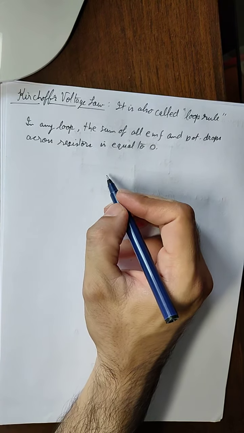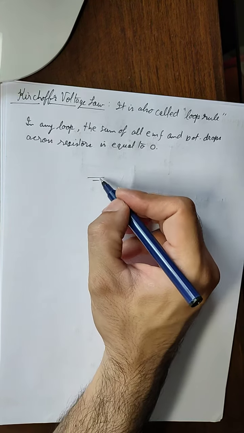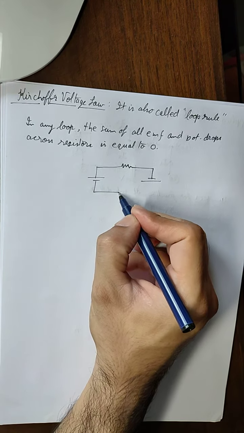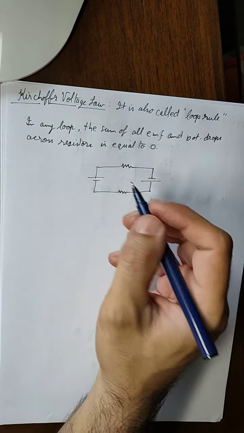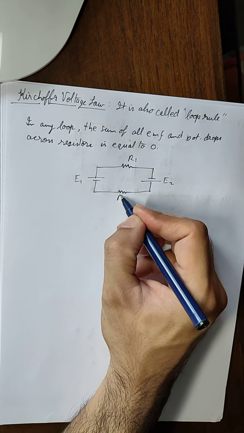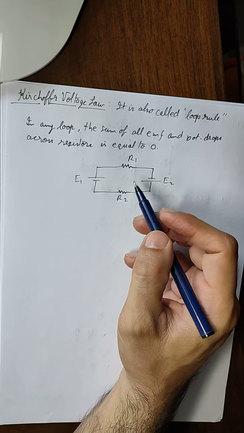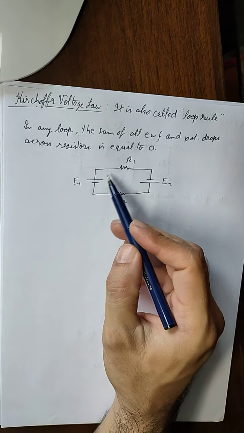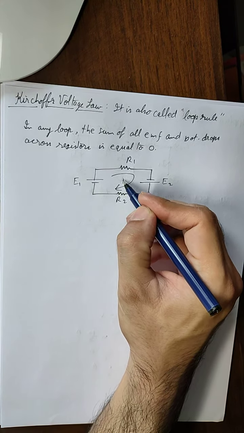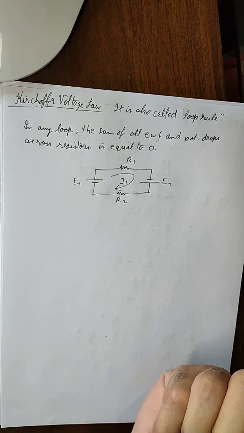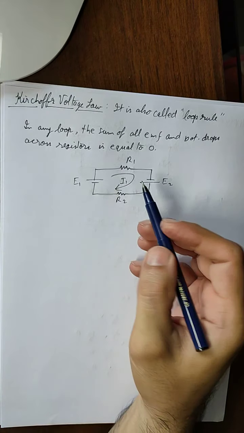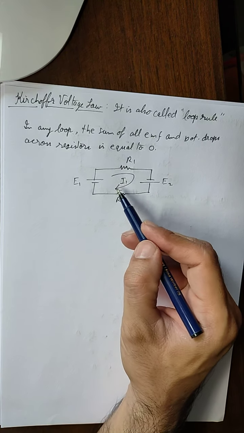So that means, how do we apply it on a circuit? Suppose this is a circuit given to us. These are two batteries, let us say their EMFs are E1 and E2, and there are two resistors, say R1 and R2. So we apply this loop rule. Now we see that this is forming a closed loop, so there must be current flowing in this. So let us say the current is in clockwise direction. We do not know whether this is the actual direction of current, but that will be found out when we solve the equations. So for now we are assuming that the current is going in the clockwise direction